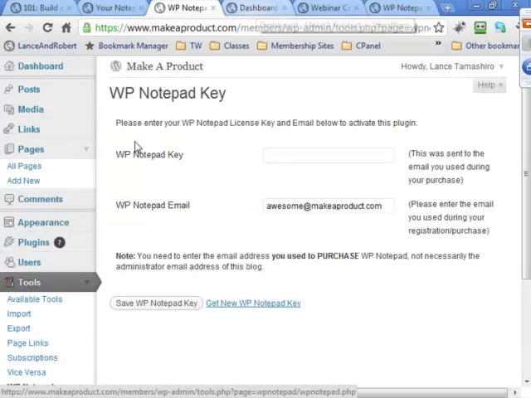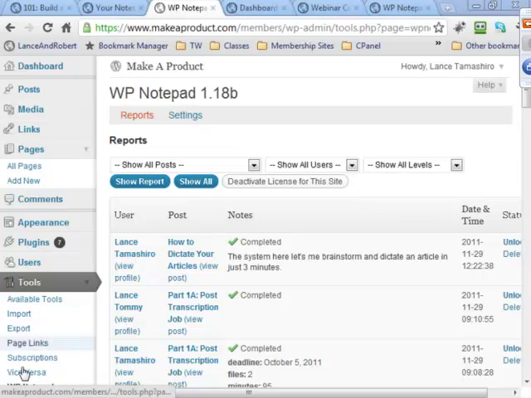Oh, and let me pause my screen. Oh, you know what happened, Lance? Yeah, when I updated the plugin, it had licensing, so that's why the notes did not appear. I'm going to put in my license right here. I've got the screen paused. And I think this is my license. There we go. Okay, so now when I go back here to Tools and WP Admin, I've got this whole report here.